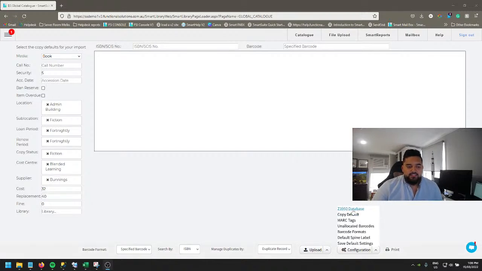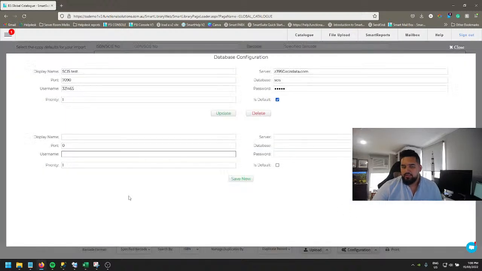Okay, and that'll be done inside the Z3950 database option, under configuration. So for those who didn't see, click on the little up arrow and then click on Z3950 database. Okay, we get a new screen appear. By default, again, SCIS is going to be the first option that you see. You can see we've got details already plastered into there,